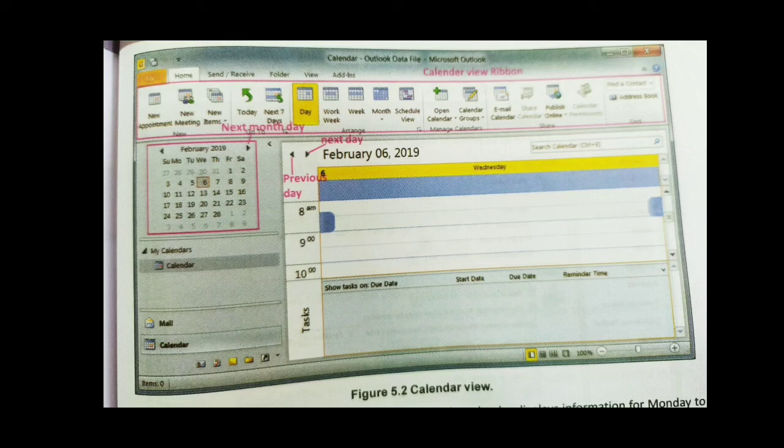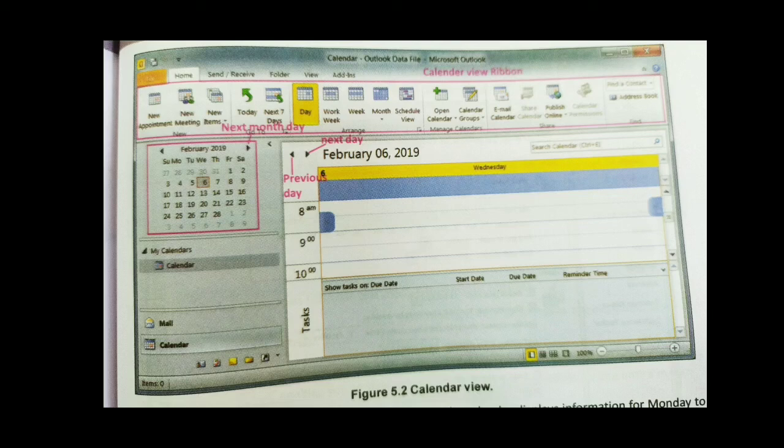In case of day, it starts from 8 a.m. because actually it is working time. You can add in that timing, or you can take time before 8 a.m. or after also. The month view shows 31, 30, or 28 days, the whole month for scheduling your appointments or meetings. So there are three views: one is the day view, second is the week view, and the next is the month view.